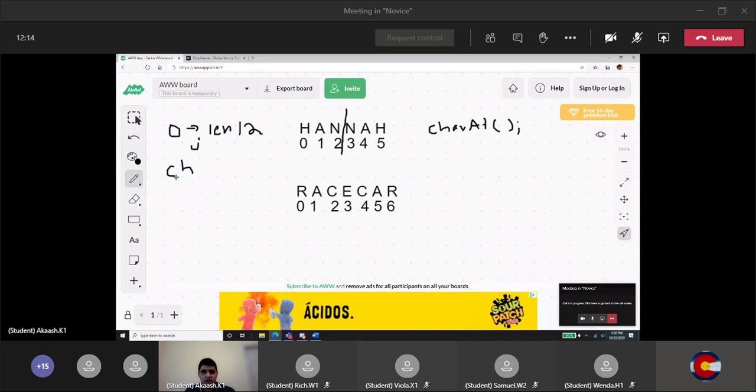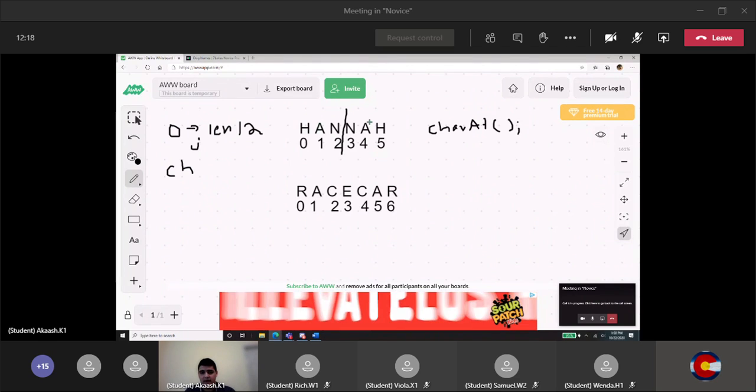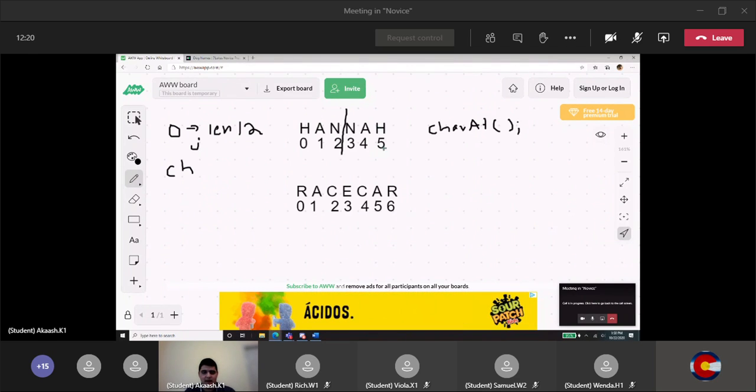We compare the char at j to its corresponding character. And the way we figure out the corresponding character on the other side is by deriving an expression. To do that, we first look and see that the last element is going to have an index that is equal to the length minus 1, because Hannah has a length of 6, and 5 is the last index, and it's always just going to be the length of the string minus